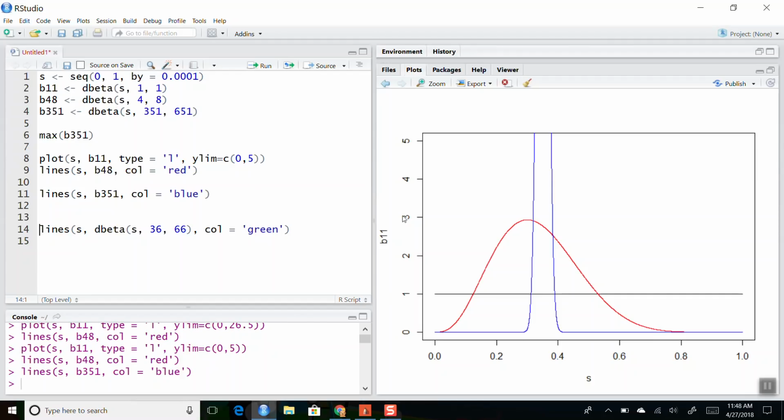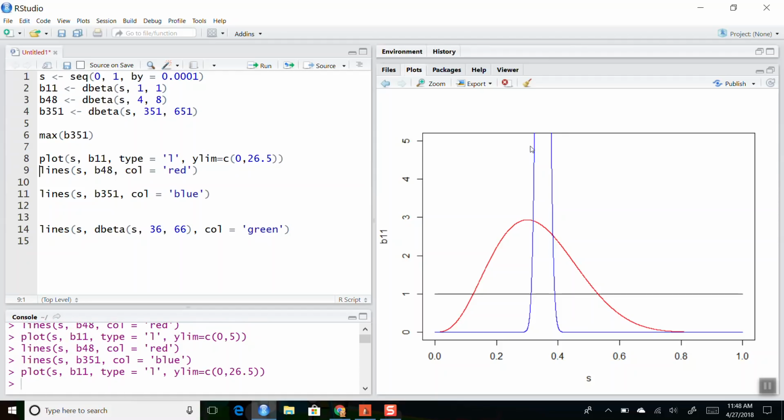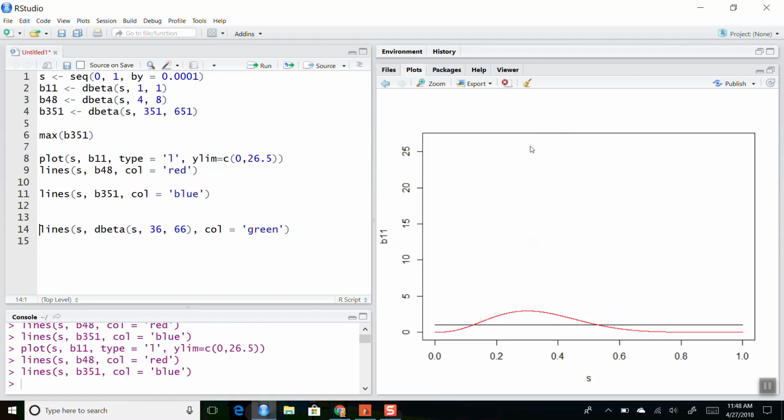Okay, and then if I throw in the curve to represent the distribution after 1,000 observations, where 350 of them are green, we see a huge spike at 0.35, and it's so tall that it doesn't even fit in our plot. So I'd have to change the extent of our plot, and we get a distribution that looks like this. Okay, and the reason why it's so tall and goes all the way up to 26 is only because when we integrate it, it needs to integrate to 1. Otherwise it doesn't matter. It's just a spike that's about this wide. But it needs to integrate to 1, and that's why it's so tall.